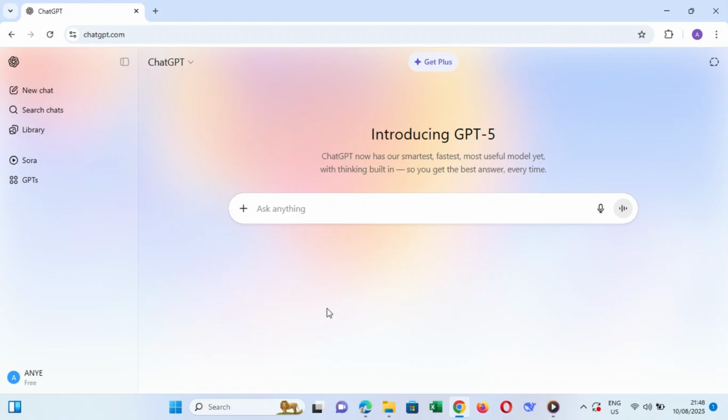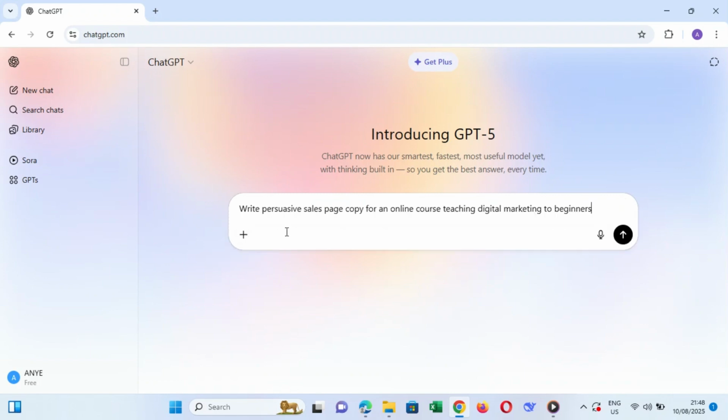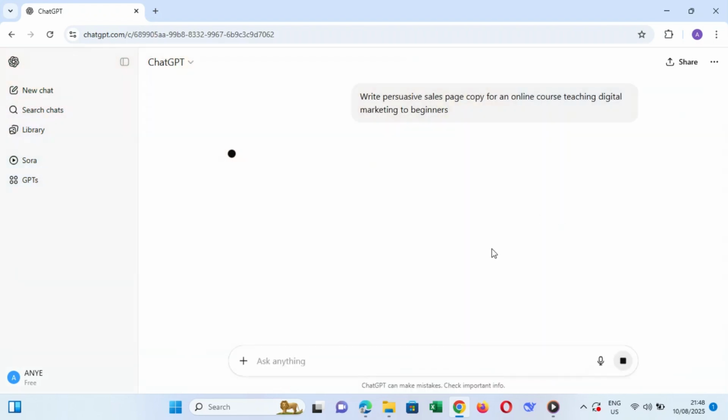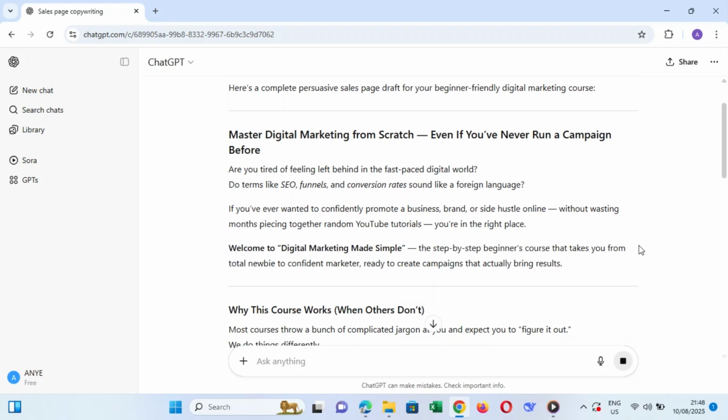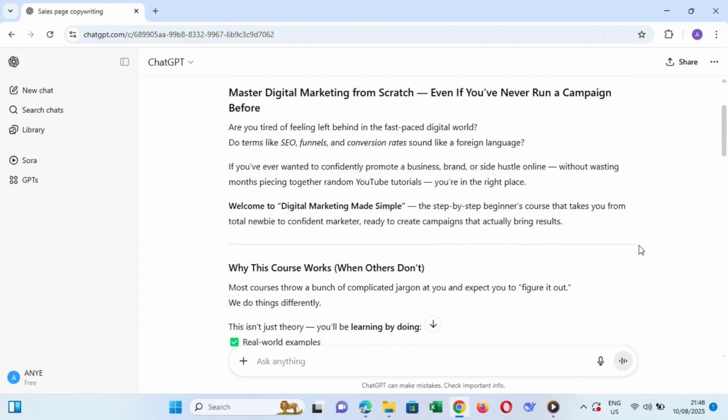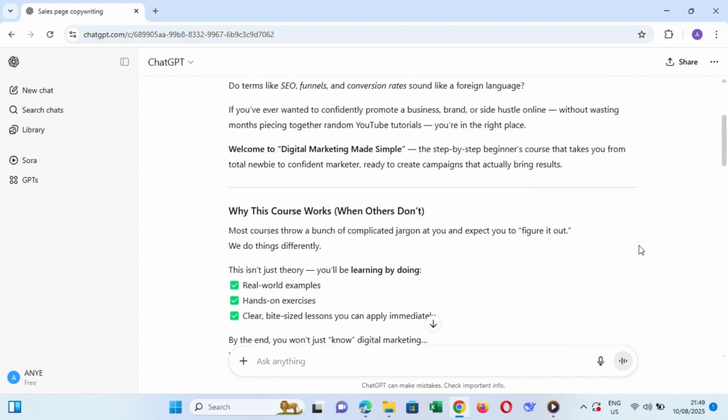When you use ChatGPT, provide details about your product or service, target audience, and the key benefits you want to highlight. For example, you might say, write persuasive sales page copy for an online course teaching digital marketing to beginners. ChatGPT will generate compelling and clear copy that focuses on your product's value, addresses common objections, and includes a strong